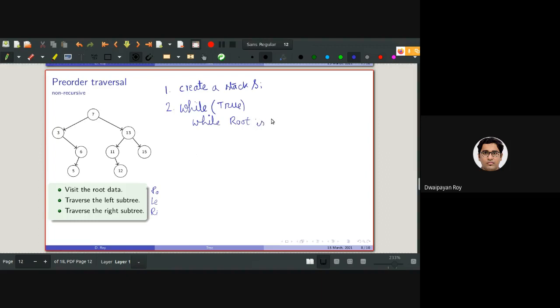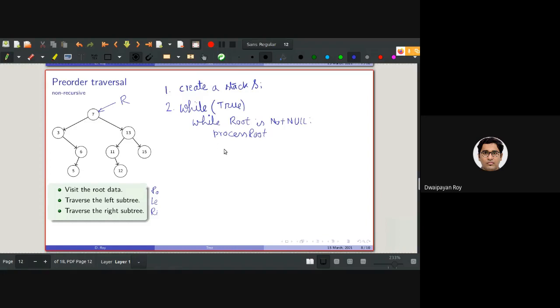While the root is not null, we will be processing the root. Processing means we will be printing the value. Initially root is set to here. For this, root is not null. So process the root means I'll be printing 7.